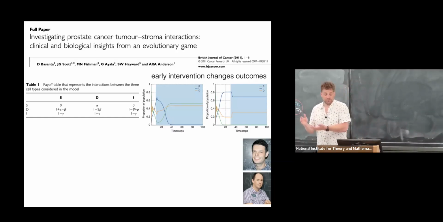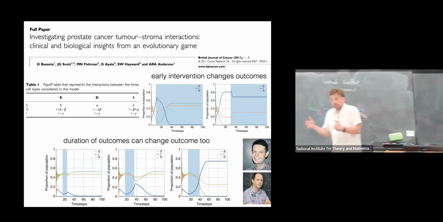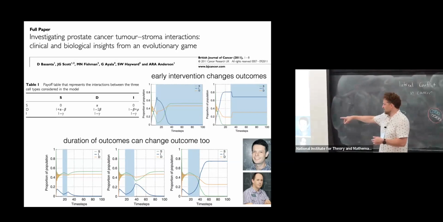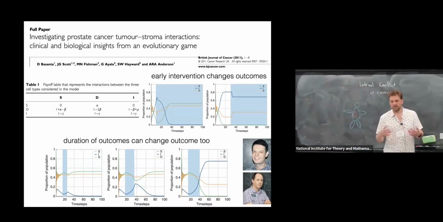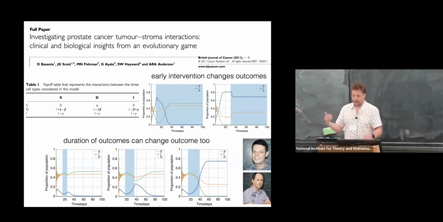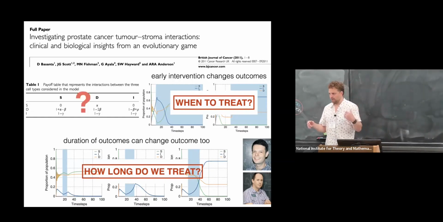So early intervention mattered. You could also ask how long a duration of therapy might evolutionarily affect a tumor, I should say, ecologically affect a tumor. And again, here you see the same therapy given at a short, medium, or long impulse gives you a different long-term steady state. Now, this is relatively obvious to someone who studies dynamical systems. There are more than one attractor states. You change things, it moves to another place. However, it was not that obvious to oncology that you could think about it in this way. So all of a sudden, you can ask questions like when to treat, how long to treat. But of course, the mathematicians in the room are saying, well, it's all relatively obvious once you've written down that. True.